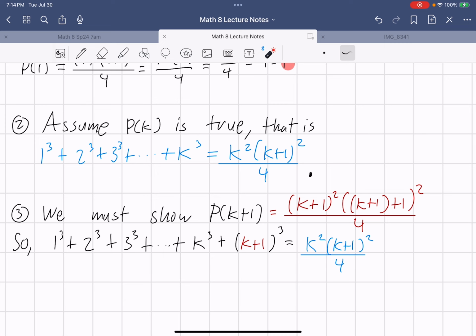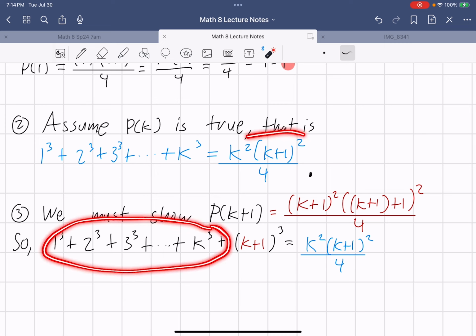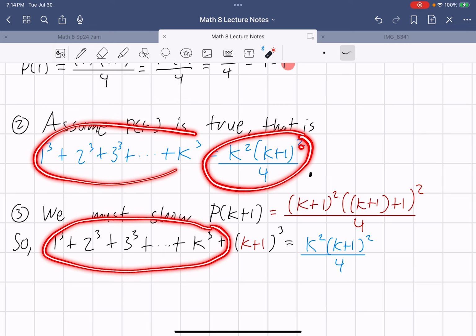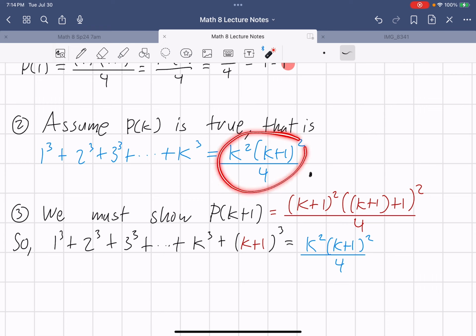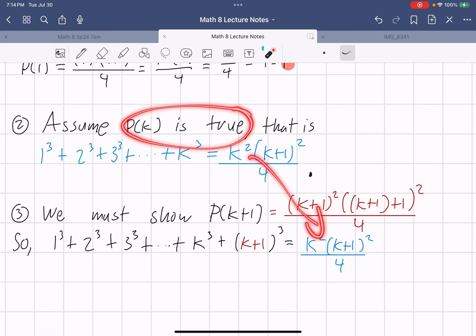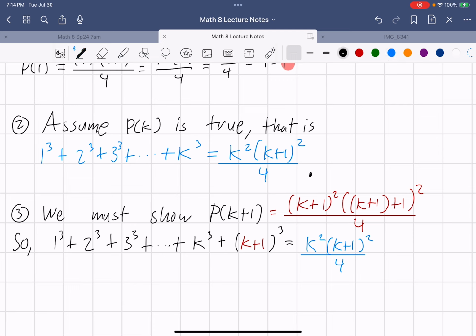That is, this is equal to that. These two are the same. So I'm just replacing that because I assumed it was true, so that means I can use it. And then I'm going to add this next term, which is